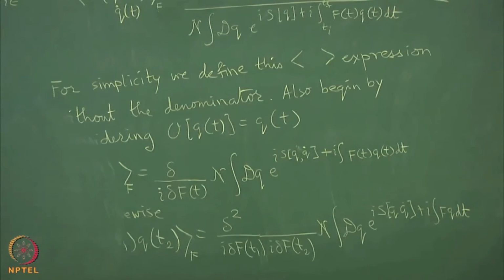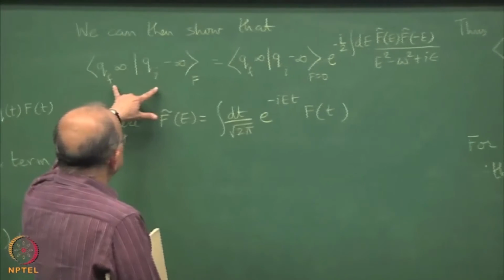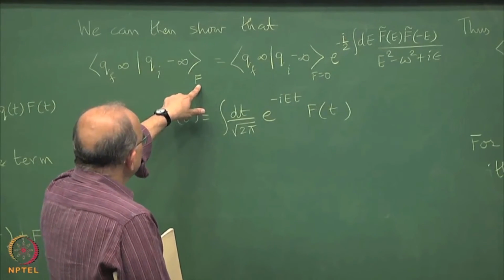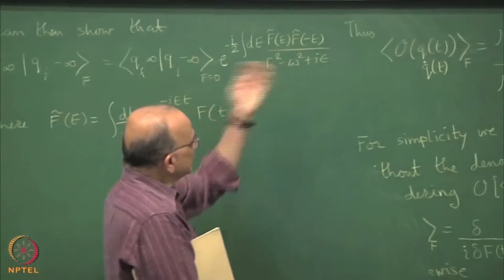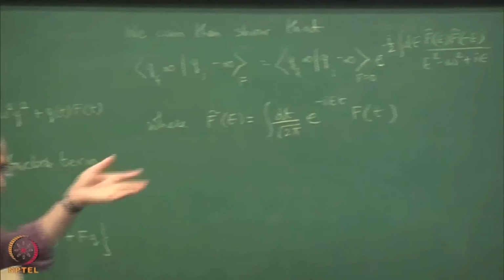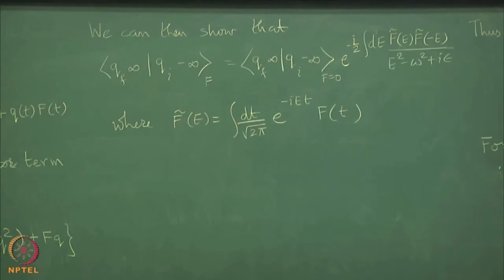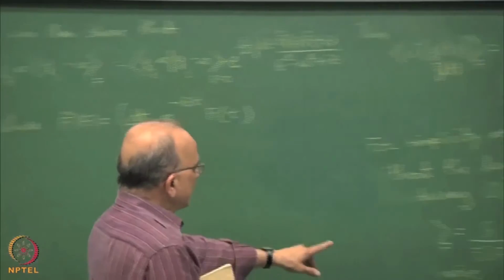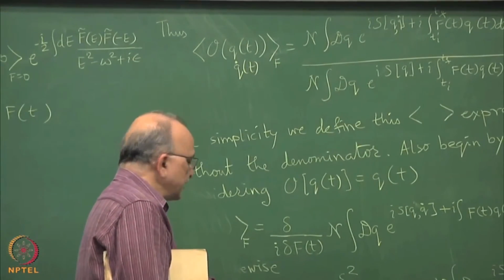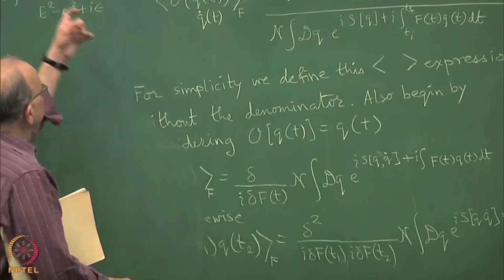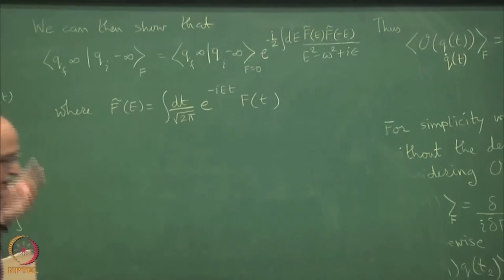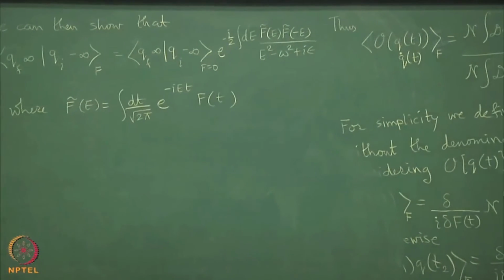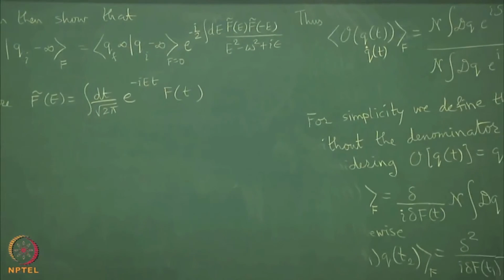So right now we can see that this expression in the presence of f has no q of t in it, okay, and it's a function of, in fact, just the f, its Fourier transform. It's a function only of f. There is no sign of any q in it, but we can now compute the expectation value of qt1, qt2, etc. by just varying with respect to ft1, ft2. Of course, they are Fourier transforms of this variable, but you can extract the 2-point functions out of this. So thus we have a